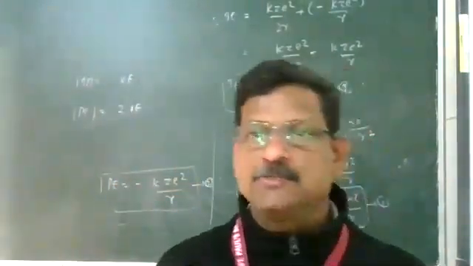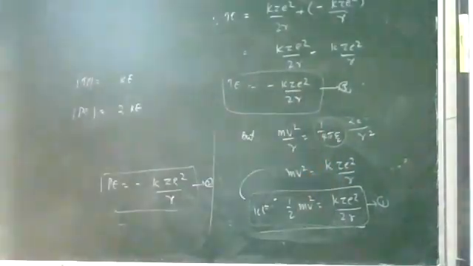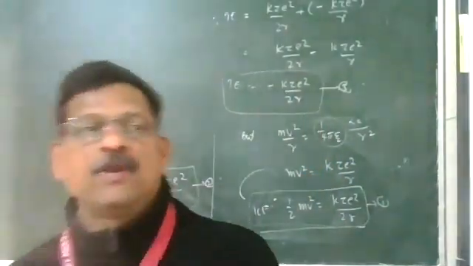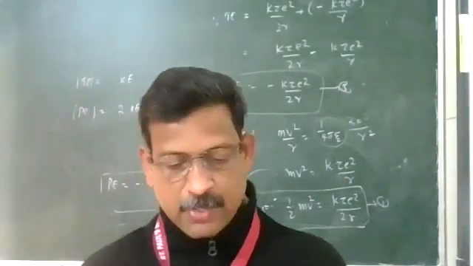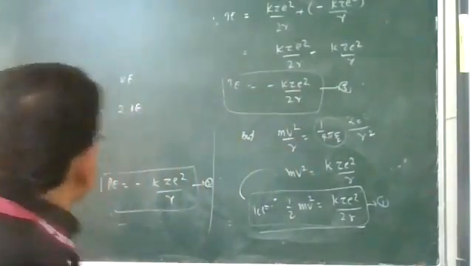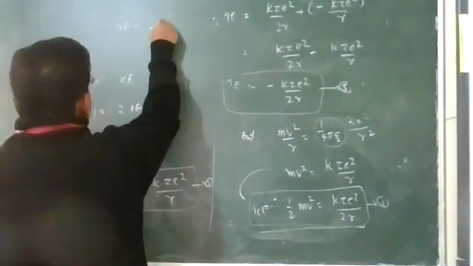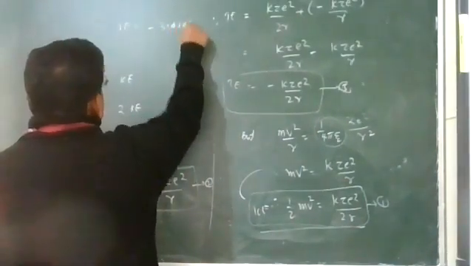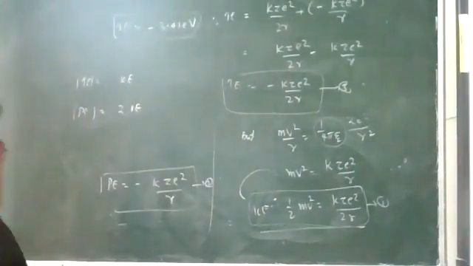I am giving an example. It is a good question. Suppose you can write this in the copy also. Energy of an electron in any one orbit is given, so total energy is given to you: minus 3.41 electron volts. Total energy of an electron in the orbit is minus 3.41 electron volt. What is the kinetic energy and potential energy?